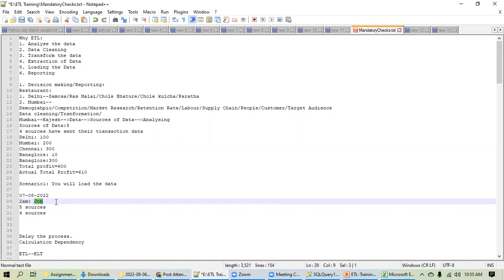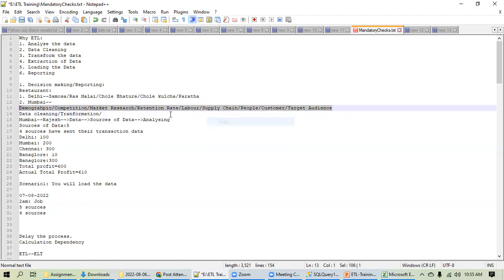What you have to do, you don't have to bother about that. The development team will give you that line of code. It will be written like this, one line will be there. You have to copy it, go to the Unix platform or your command prompt, paste it and click enter. In very layman terms, when you click enter, the job will run and data will be loaded.